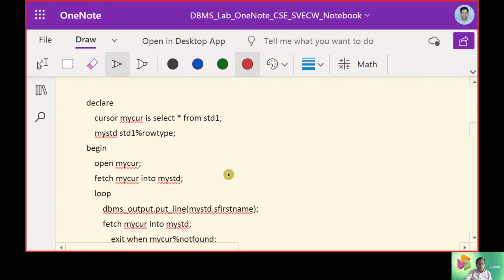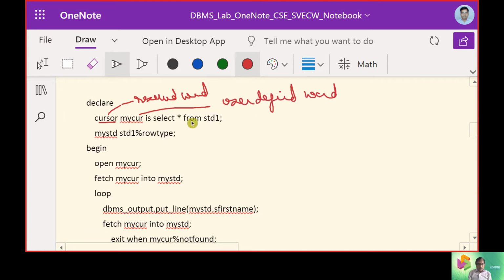Now we need to develop an explicit cursor. You can see CURSOR is a reserved word, and my_cursor is a user defined word. Then you say SELECT * FROM std1, that is the table name here.